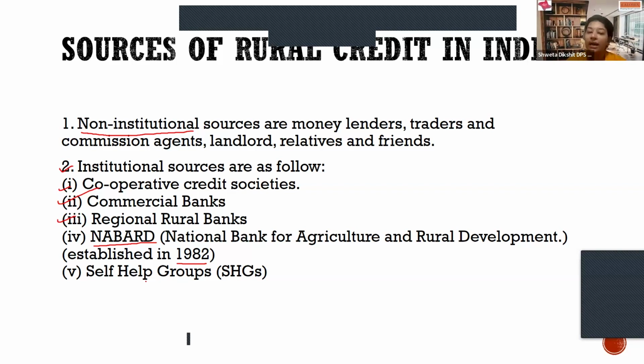Please have a note. It's again a one marker. Where was Kudumbashri established? What is Kudumbashri? The literal meaning of Kudumbashri is Ghar Ki Lakshmi. So Ghar Ki Lakshmi, of course, here means the women. Some of the women in Kerala established a group for financial support and assistance to each other, which was later named Kudumbashri. So this is a one marker: where was Kudumbashri established. I repeat, this was established in rural India.